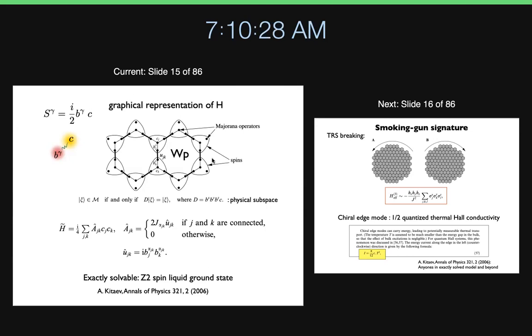Okay. And one can show, well, actually Kitaev showed, that this bond operator in the ground state takes an expectation value, which is 1. Then this problem is just bilinear in the c Majoranas, and one can solve it exactly. And that exact solution of the ground state is called the Z2 spin liquid, where the Z2 means this u_ij value can take the value ±1. And then the Majoranas are going to be free fermions moving around on the honeycomb lattice. And we know how to solve it, because fermions on a honeycomb lattice will have a Dirac dispersion at the K point. So that will be the ground state.